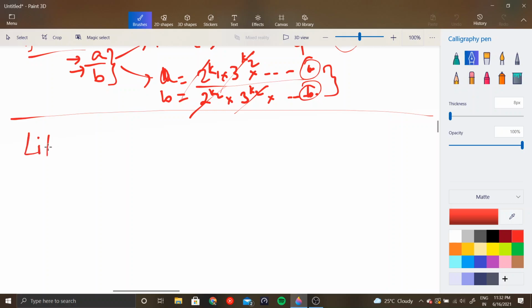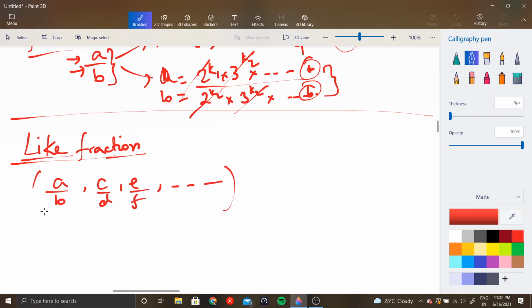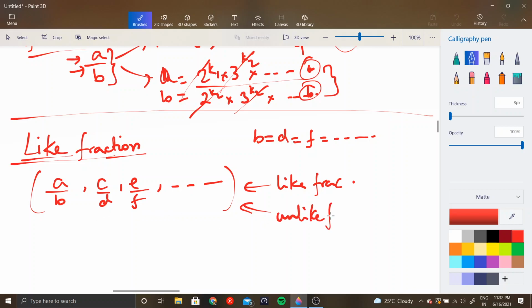So firstly, let us start with like fractions. Now, this is not a Facebook like or something like that. It's basically when a set of fractions, suppose a by b, c by d, e by f, and so on, are given, right? So when the denominators b, d, f are equal, we term that set of fractions to be like fractions. And similarly, it's not tough to guess, if b, d, f are not equal, if the denominators are unequal, in that case it would form unlike fractions. So when the denominator is the same, you have like fractions, and when they're different, you have unlike fractions.